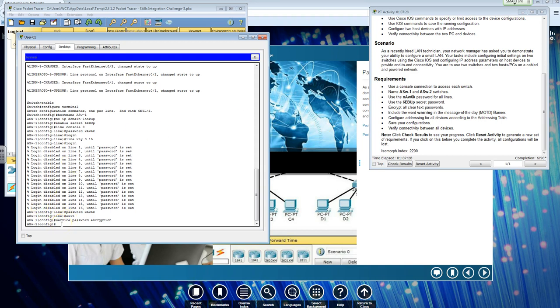So that is going to read banner MOTD, message of the day. Now you need to have a symbol that starts and ends the actual banner itself, what you want to be displayed. So I will use the hashtag, and it says over here in the instructions that it has to have the word warning in it. So